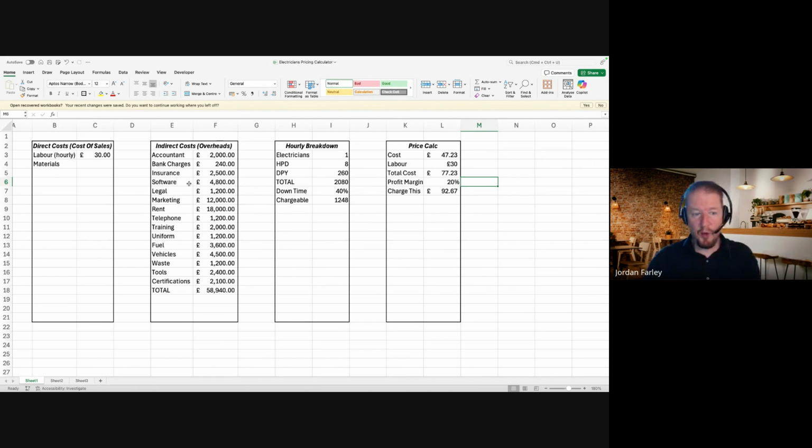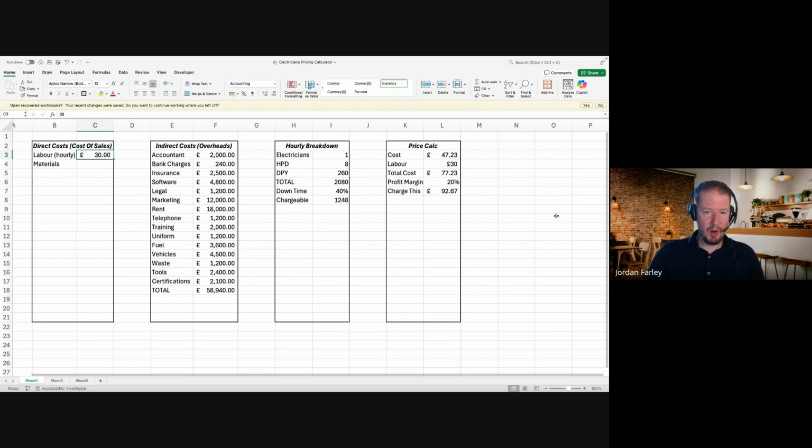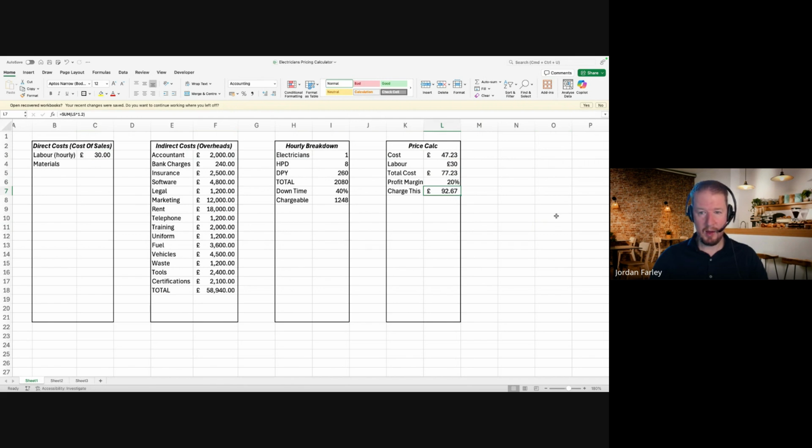So this is just a really rough idea, but can you see the difference, right? From 30 quid an hour, which is what people are thinking in their head, I need to charge 30 quid an hour because that's how much I want to earn, to actually you need to be charging £92.67 an hour when you factor in all of these overheads, which I think are fairly reasonable for a one-man band. Okay, maybe you don't have a premises, so if we knock that on the head,